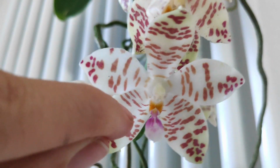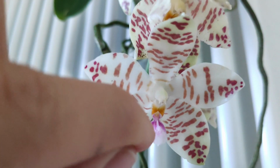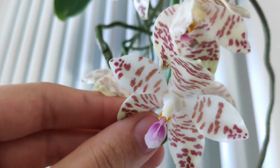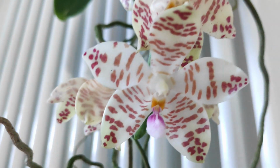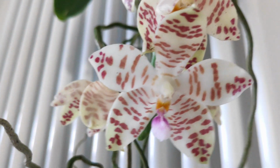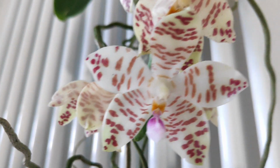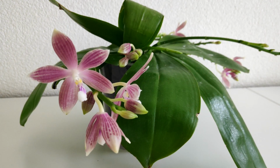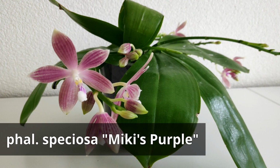And the lip, you can see this beautiful purple striations that kind of fade down into white. And it's just very muted, but very elegant colors in my opinion. I quite like it. I'm very happy with this plant for sure. And last we have the speciosa Miki Purple, which is quite a famous cultivar actually, because it's well known for